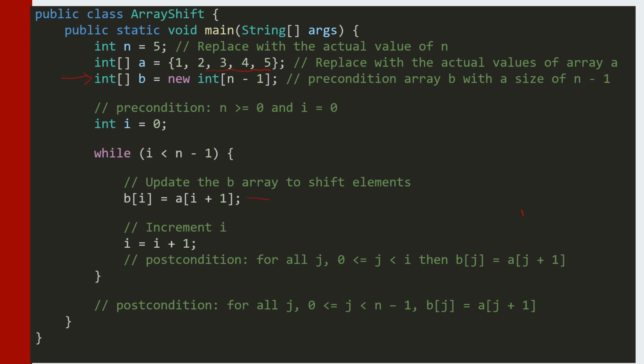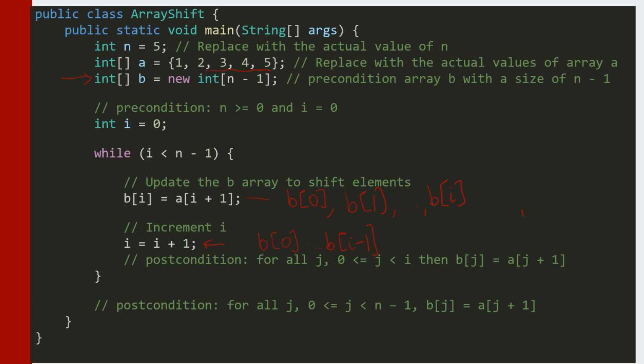And you're going to see right here that b of 0 has been processed, b of 1 has been processed, depending on where you are in the loop, all the way up to b at i. And then i gets incremented. So because i got incremented, we can now guarantee that b 0 up to b i minus 1 has been